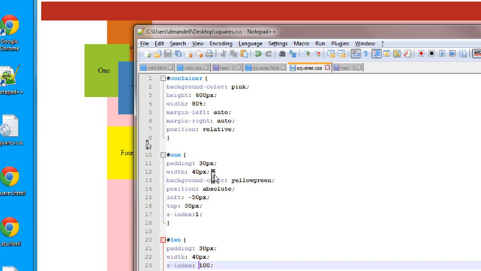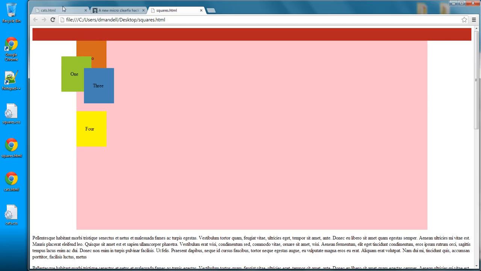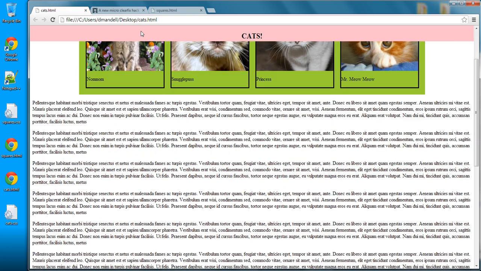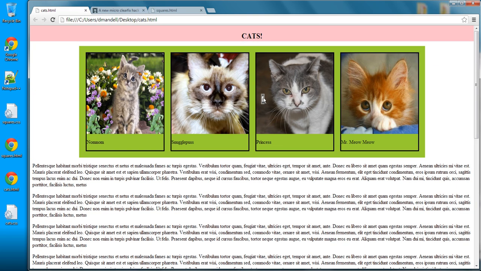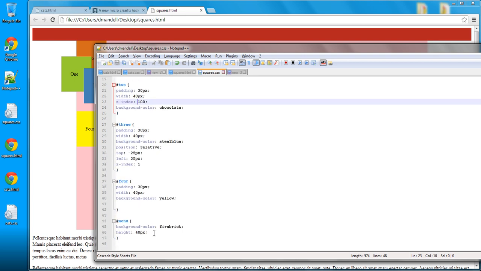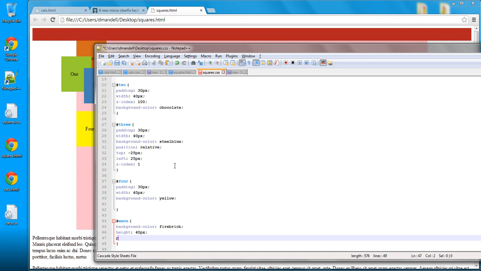Lastly, I want to talk about fixed position. Now, you'll notice that I have this red bar up at the top, and you'll notice that I had this same bar up at the top of my cats page, and as I scrolled down, that bar stayed at the top of the page. That's because I used a fixed position. So if I go to my menu, that's what I called that particular div, div ID equals menu. If I go there and type position fixed and hit save,